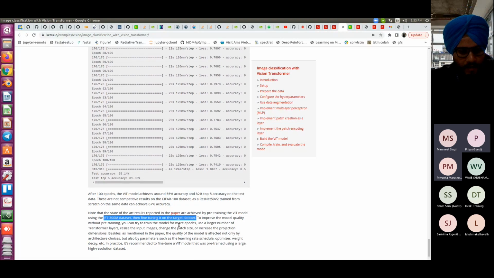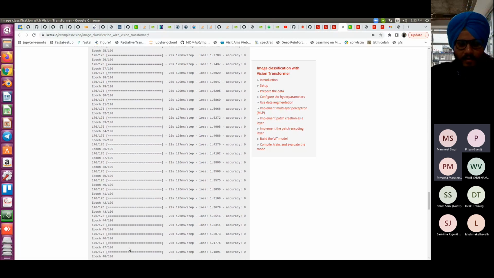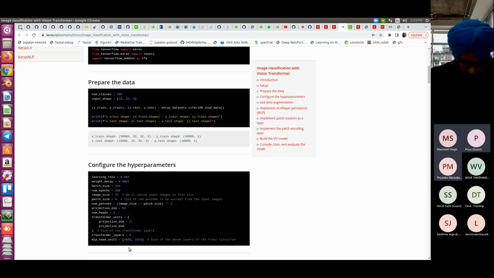So to improve the model quality without pre-training, you can try to train the model for more epochs, use a large number of transformer layers, resize the input images, change the patch size, or increase the projection dimension. Besides, as mentioned in the paper, the quality of the model is affected not only by the architecture choices, but also by parameters such as learning rate scheduler, optimizer, weight decay, etc. In practice, it is recommended to fine-tune a vision transformer model that was pre-trained using a large high-resolution dataset. So that basically concludes our vision transformer example. I know I've gone through it in a very shallow manner, but there are so many